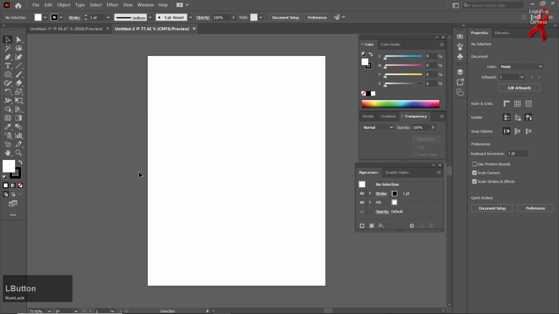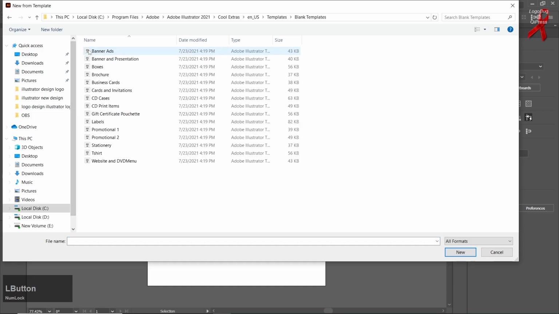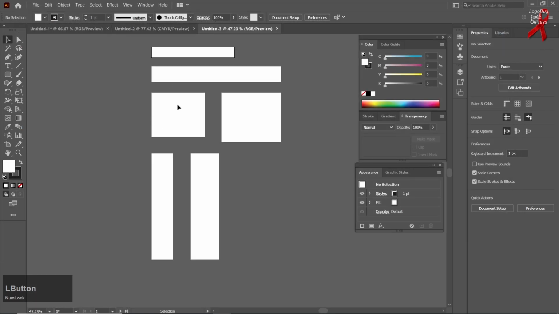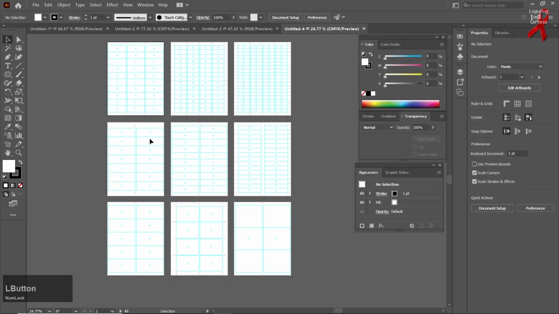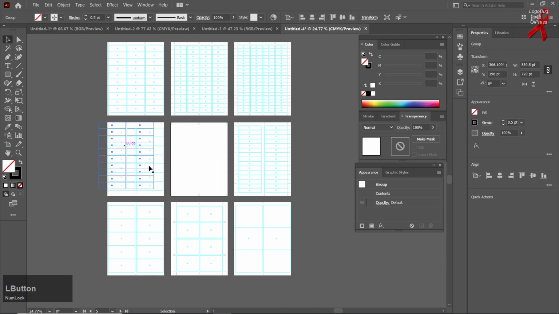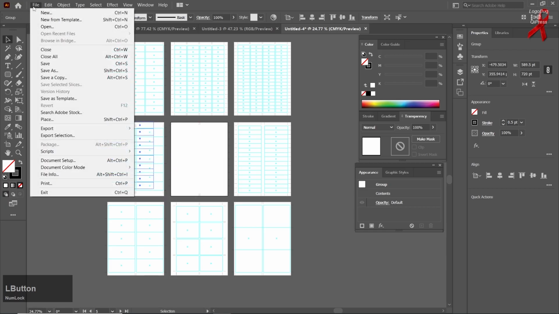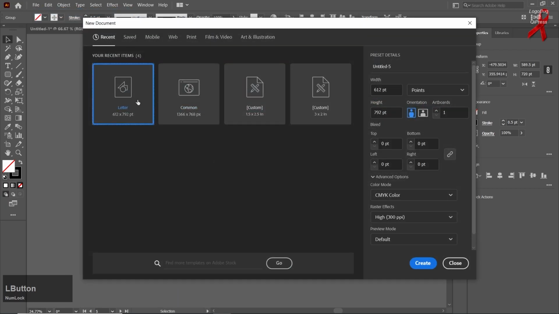Have a look at this, my friend. I have created a new file there. We've got New from Template. This is where you open a template which is already made or already present there. So you can also go for this. Have a look at this, my friend. All of the templates are made there priorly. Let me go for the new one,